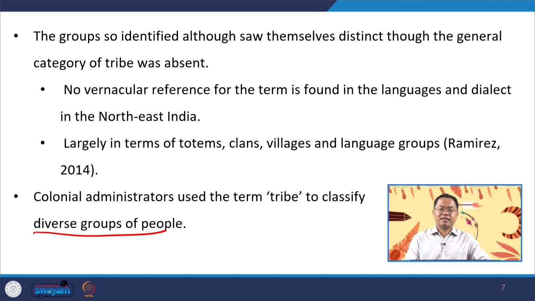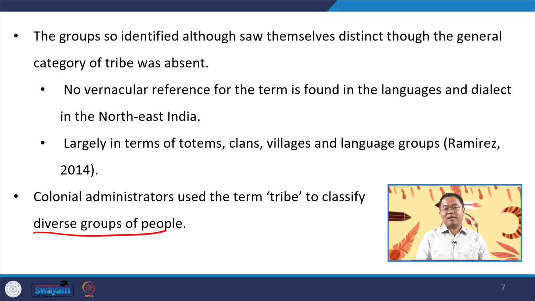If you look at states like Nagaland, there are somewhere around 16 Naga tribes within Nagaland. Now, if you look at Manipur, there are more than 30 communities who are recognized as tribes. If you look at Assam also, there are around 10 or maybe more communities who are recognized as scheduled tribes. Likewise, in Arunachal Pradesh, in Tripura, in Meghalaya as well. Now, if you look at all these communities who are recognized as scheduled tribes, you will see that beyond being recognized as a scheduled tribe, there is nothing really very similar about these communities,